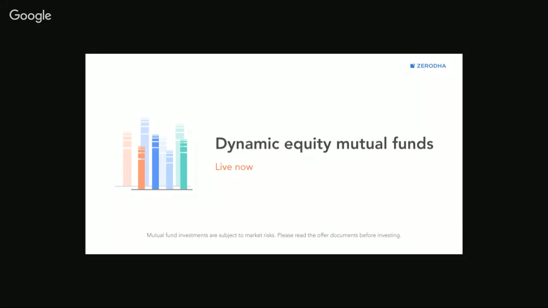Ashwin will be talking about these enhanced arbitrage funds, and he's currently the head of products at Axis, and he's also the fund manager for their enhanced arbitrage fund and their Axis hybrid funds, right? So he'll be talking to us about dynamic equity mutual funds, wherein the portfolio division between different kinds of asset classes is distributed based on the current market conditions. Quite an interesting product for all of us.